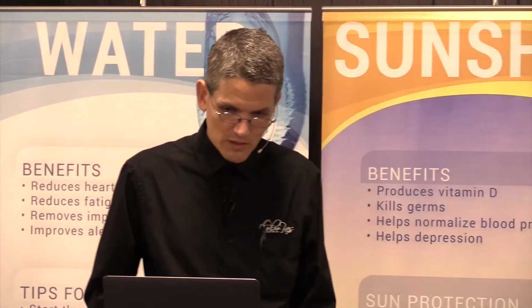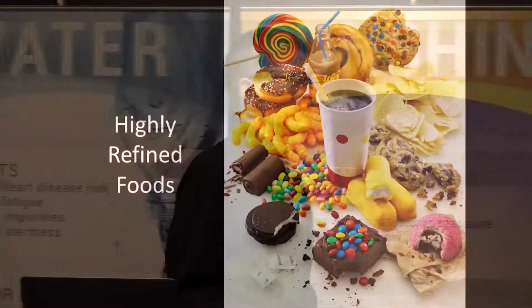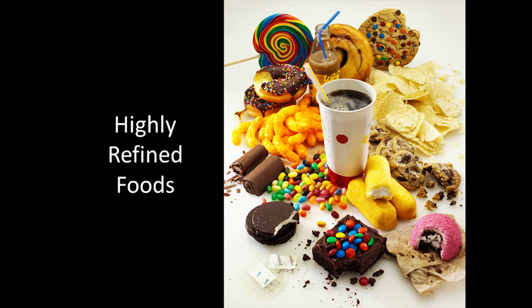But it doesn't have to be raw. It can be steamed, you know, it still has anti-cancer properties to it. Well, what do you want to do? Well, you want to avoid highly refined foods. They're not so good for you. They look nice and yummy, and yeah, they're nice to the tongue and they're bad to the body, right?